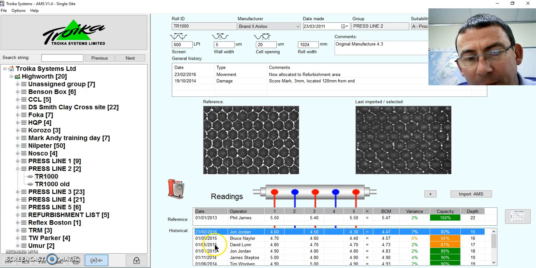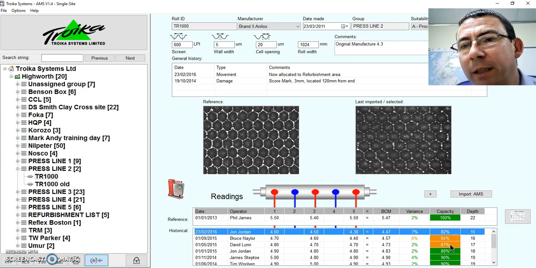However, after a number of years, we see that the volume has decreased significantly, but still just within the function of strengthening the inks to obtain the density we need. But I'm given a warning, an amber warning, to say I need to be careful. The next time I measure it, I've still got my capacity warning, but also look at the inaccuracies across the